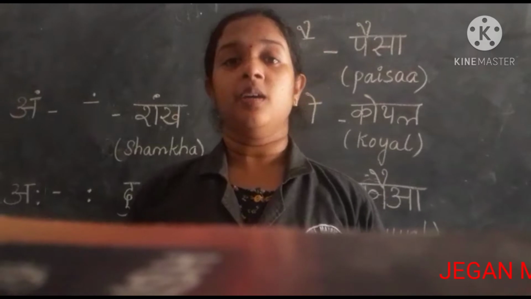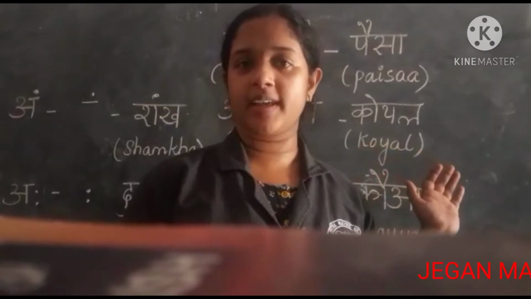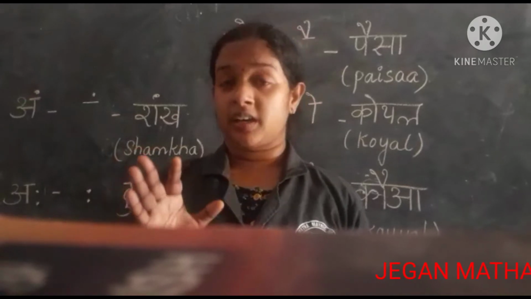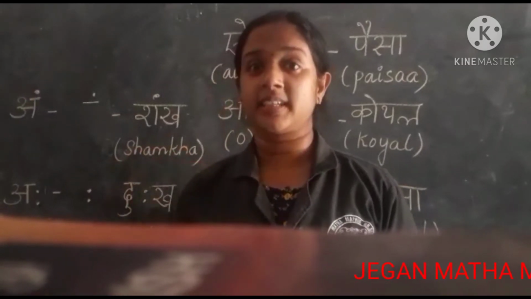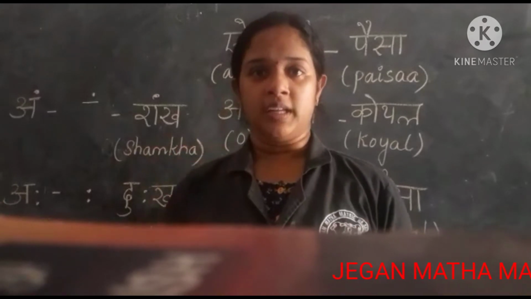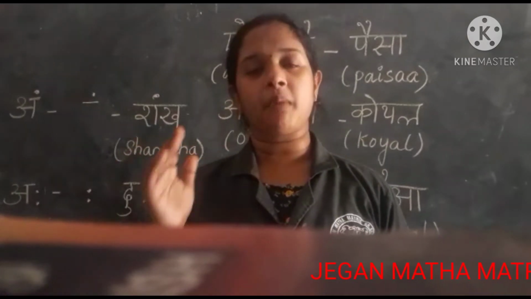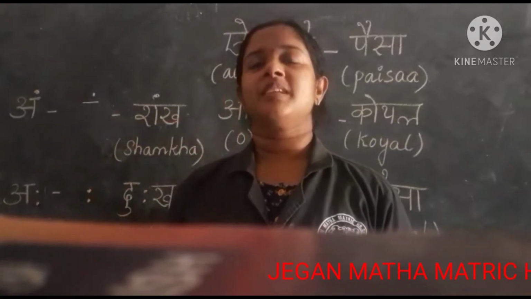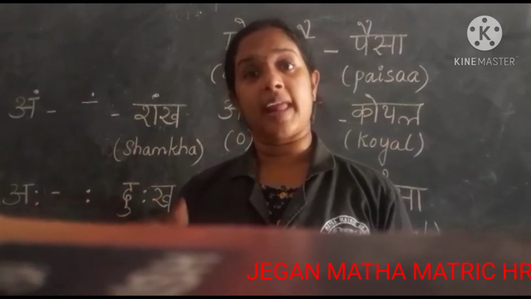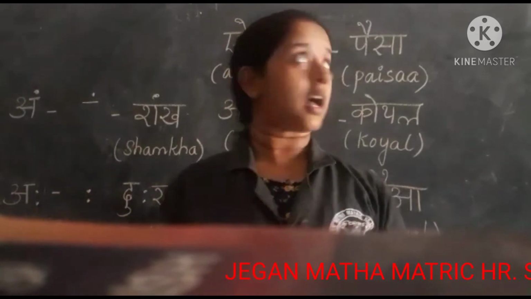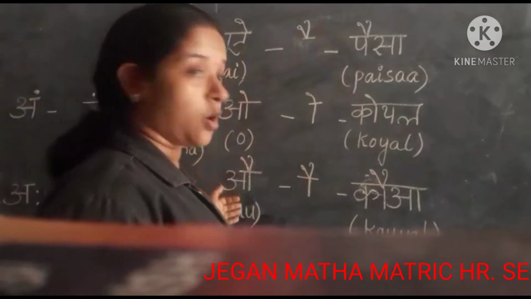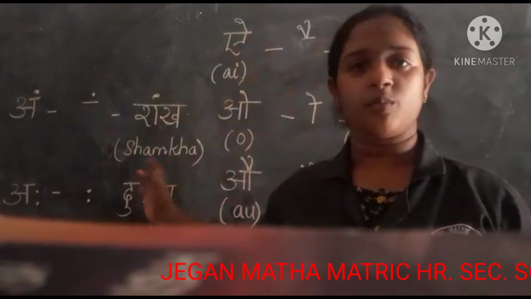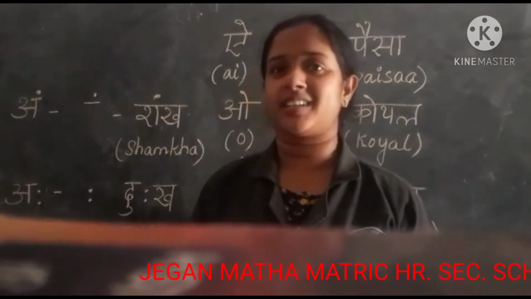Today we will learn more about the symbols. Okay, so from R till A we have learned about the symbols, and we learned that for the letter R, that is the swar R, there is no symbol. So starting from R till A we have learned. Okay, so you know what the symbols are, isn't it? Today we will learn the next set, that is I, then O, Ow, and Aha. So till Aha, there are 5 more to learn. So let us start our class.